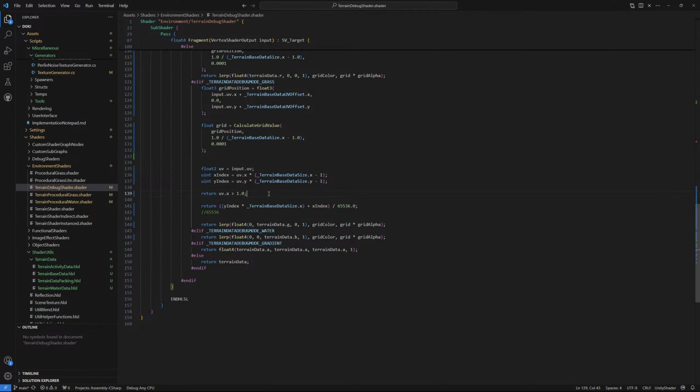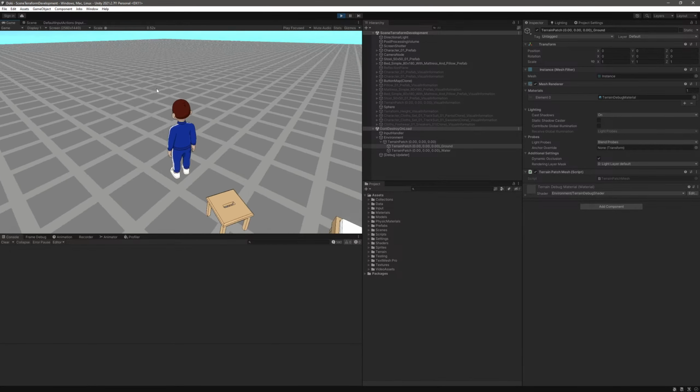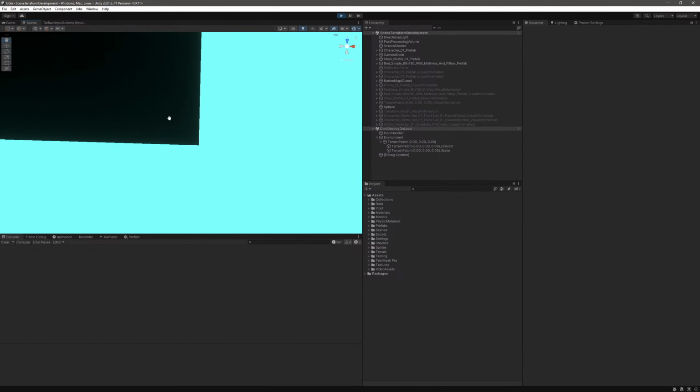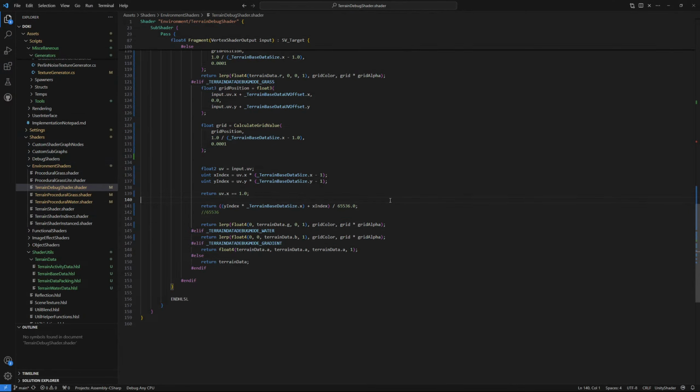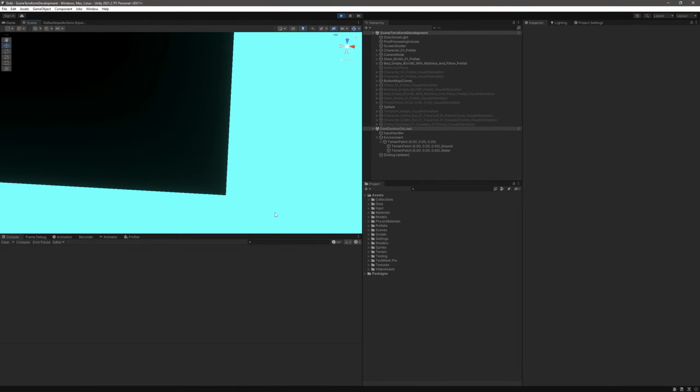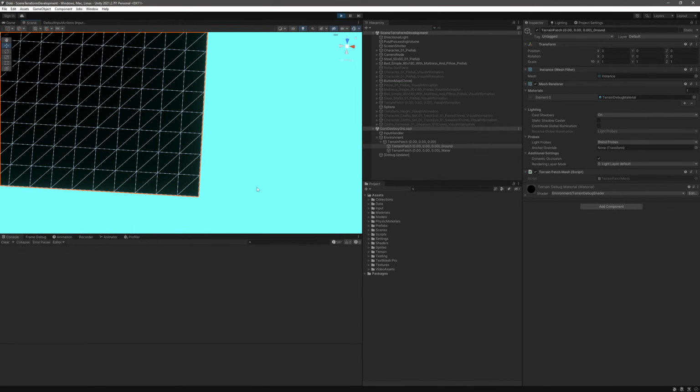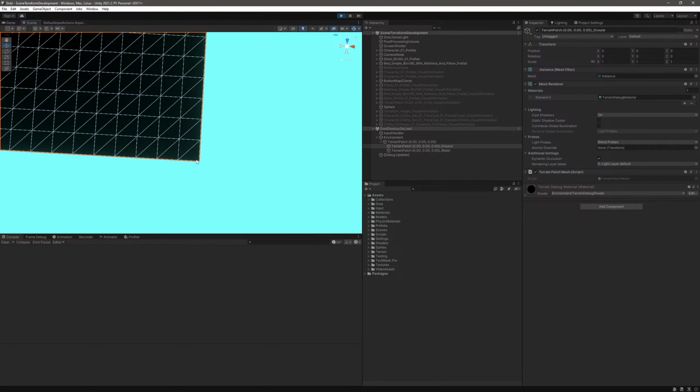UVX is never bigger than 1, that makes sense. But it's also never equal to 1. And we actually want it to be equal to 1. So if we take a look at this one, we want this pixel to have a UVX of 1. So we should be seeing half of this one. But then again,